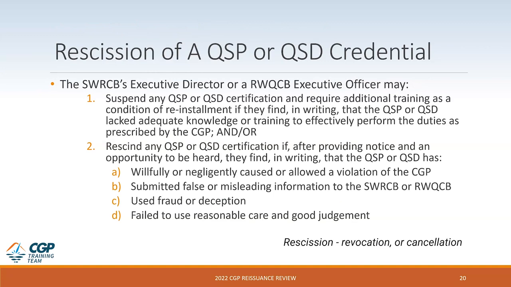The State Water Board's executive director or a regional water quality control board executive director may suspend any QSP or QSD certification and require additional training as a condition of reinstatement if they find in writing that the QSP or QSD lacked adequate knowledge or training to effectively perform the duties as prescribed by the CGP, and/or rescind any QSP or QSD certification if, after providing notice and an opportunity to be heard, they find that the QSP or QSD has willfully or negligently caused or allowed a violation of the CGP, submitted false or misleading information to the state or a regional water board, used fraud or deception in any way, or failed to use reasonable care and